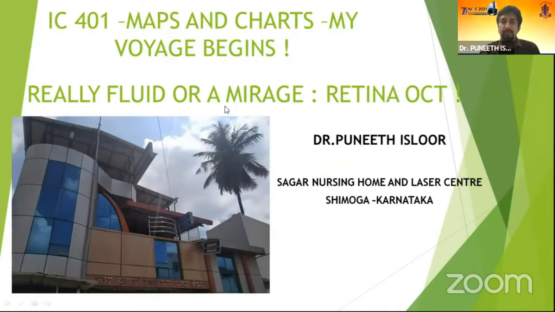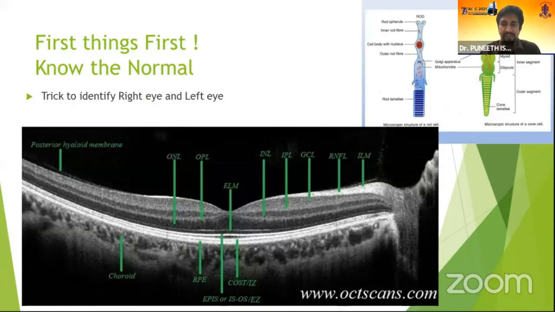So I've been talking about the retina OCT, interpretation of fluid in the retina OCT, particularly at the macula. So let's start with the basics first. This is the anatomy of the cone cell, as you can see here. It has an outer segment and an inner segment, and both have two portions, the ellipsoid as well as the myoid zone. This is the nucleus of the cell and this is the axons.